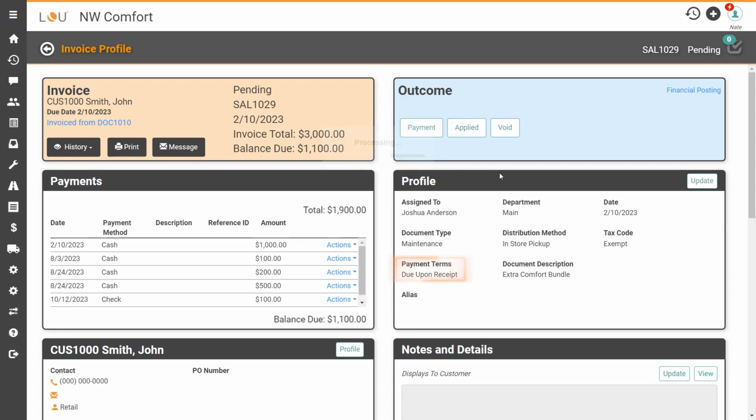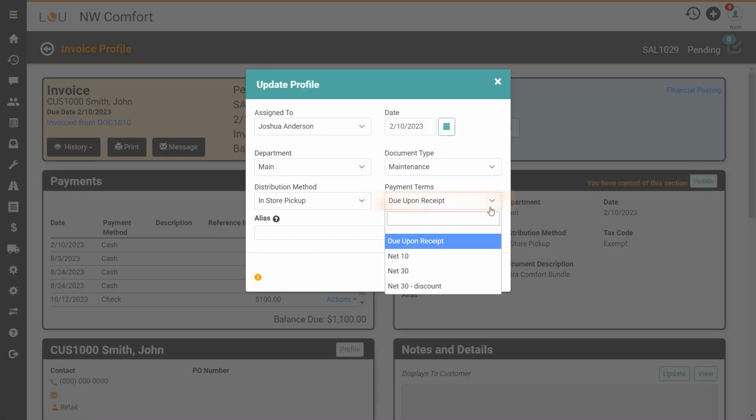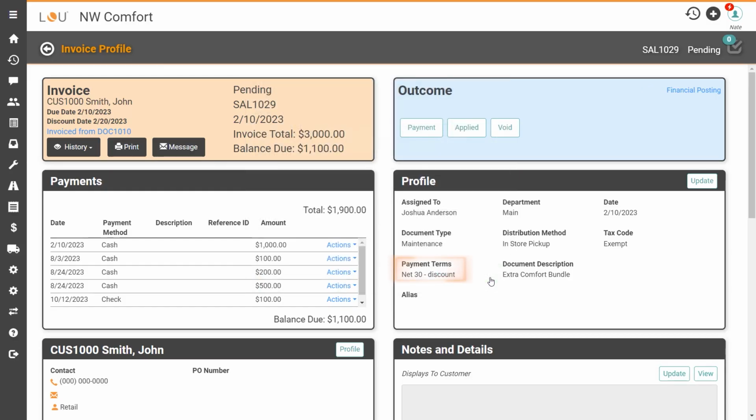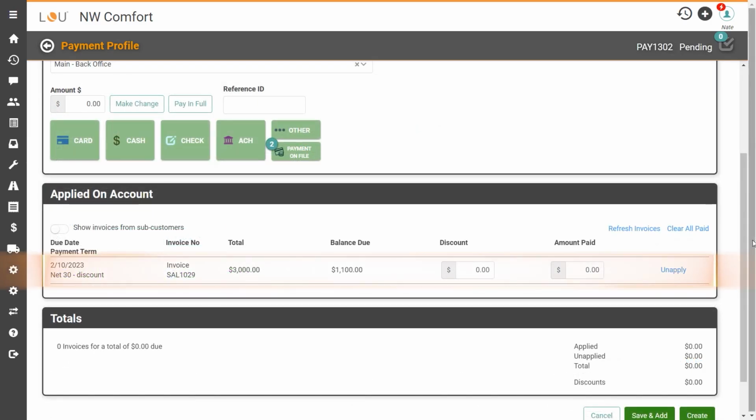Once you've opened up an invoice, you can click Update to change the payment term. Under Payment Terms, you'll see a list of your terms, including any new ones that you've just created. In this example, we'll choose the Net 30 term we just updated. When you go to apply the payment, you'll then see that the new payment term is applied along with the